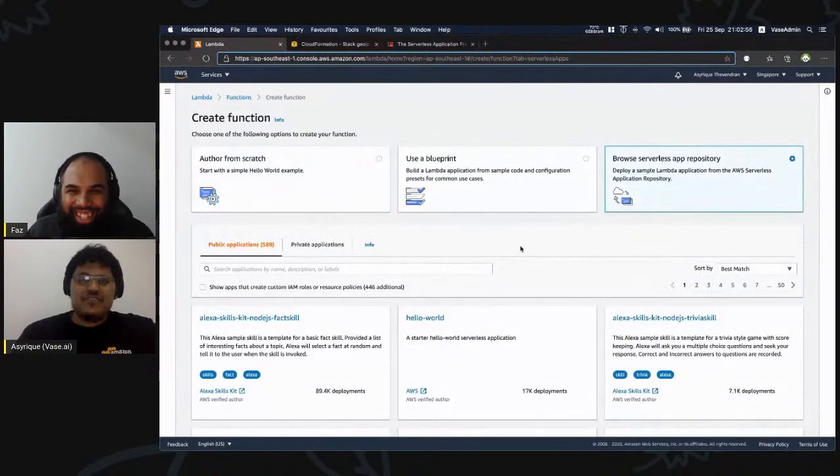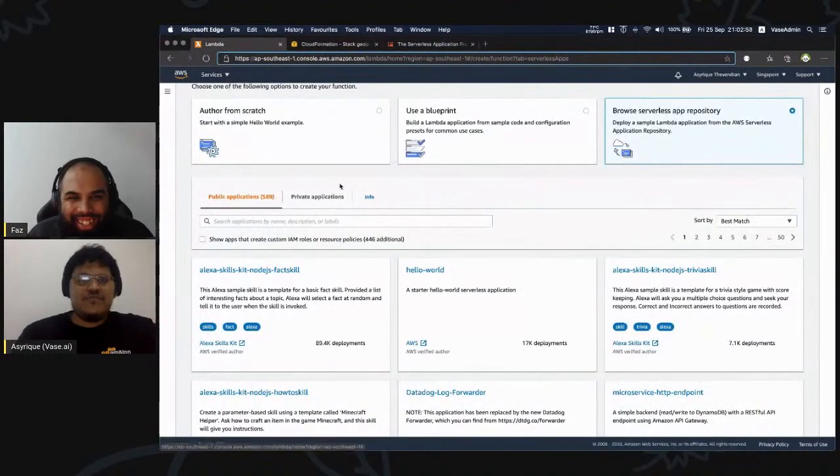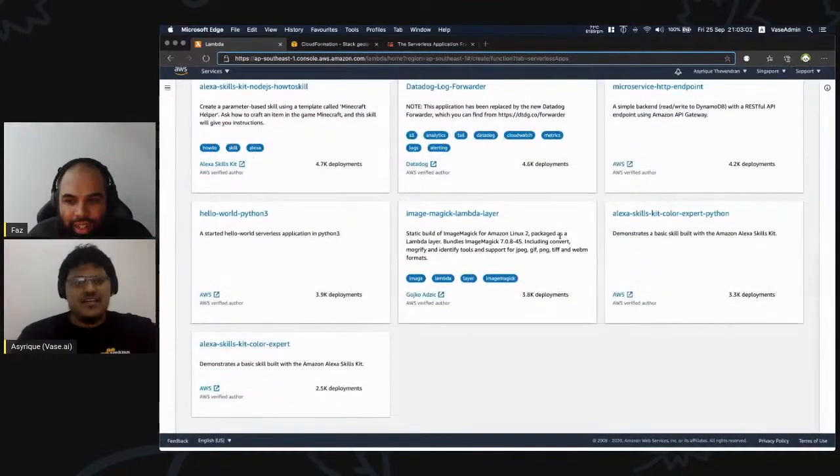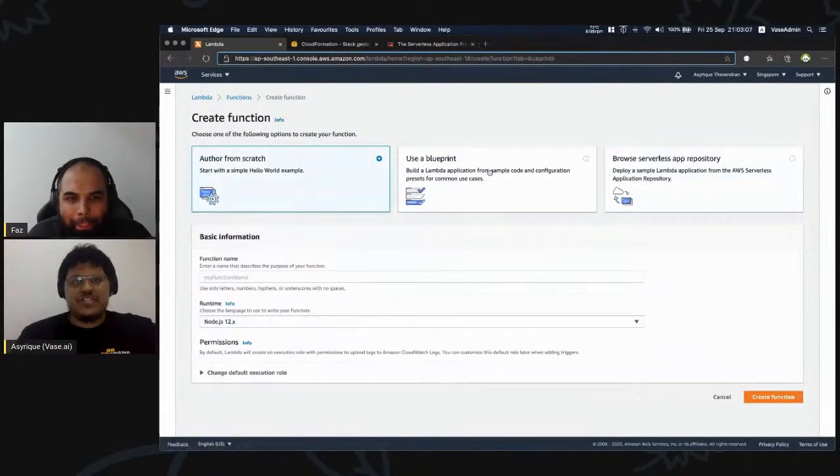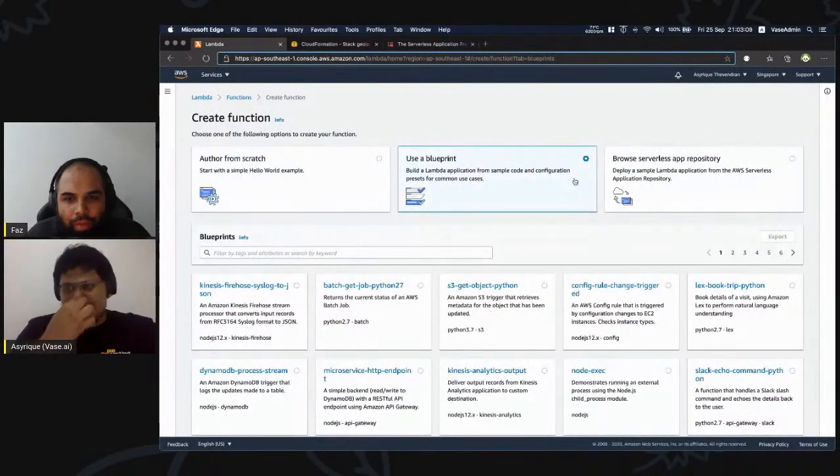So I would say, to get started, go browse through these public applications. There's a ton of stuff here that's really interesting. The next time you're trying to build something simple, or you need something that does a particular thing, go check out functions and search if there's something here that already fulfills what you need to do. That's how you get started, that's how you start building, that's how you get better.